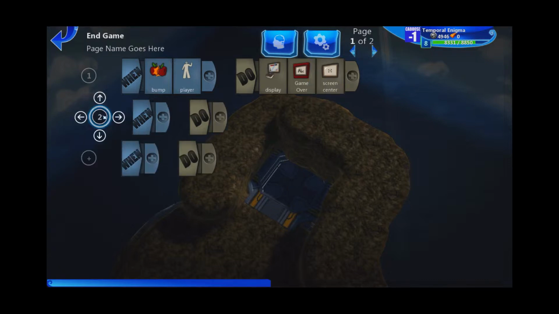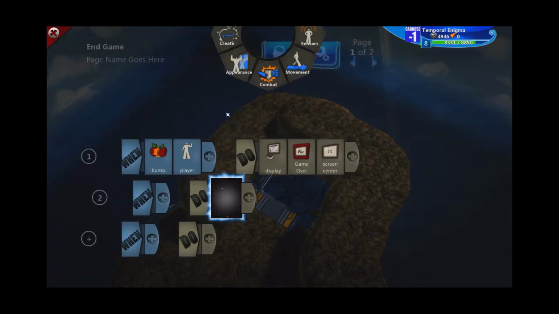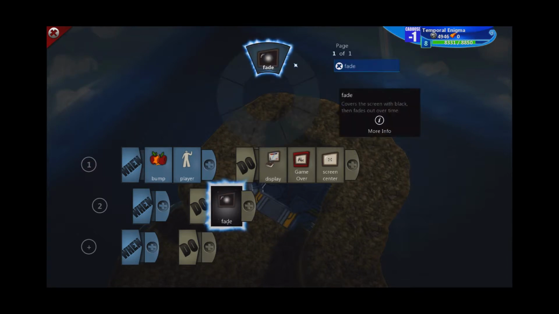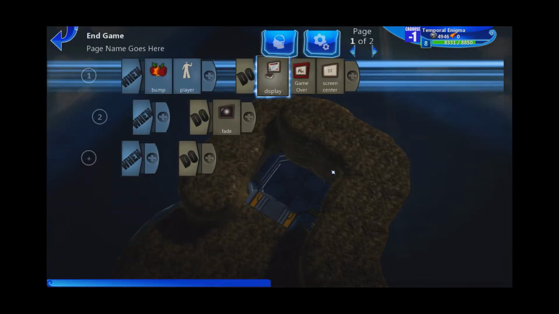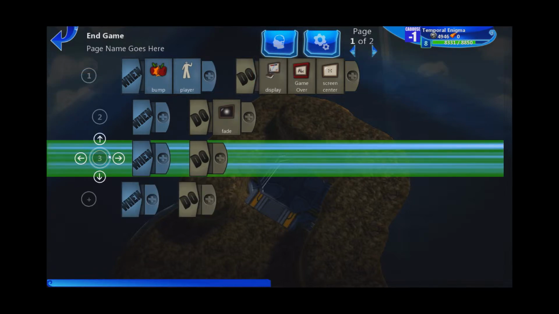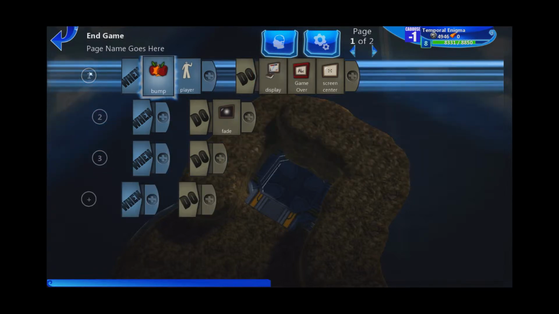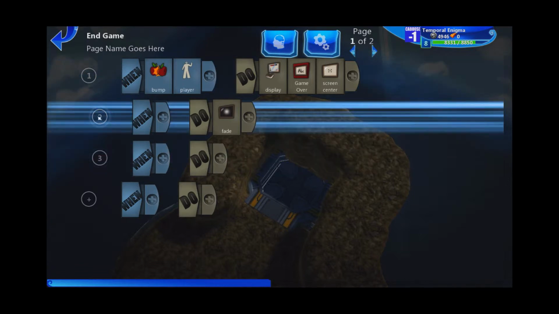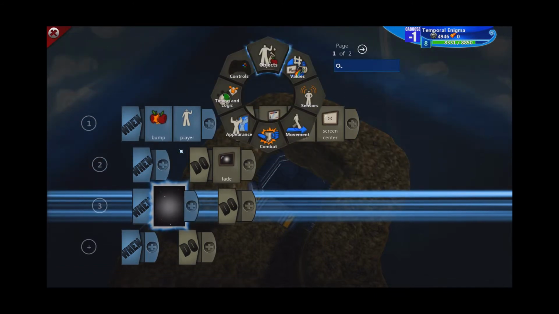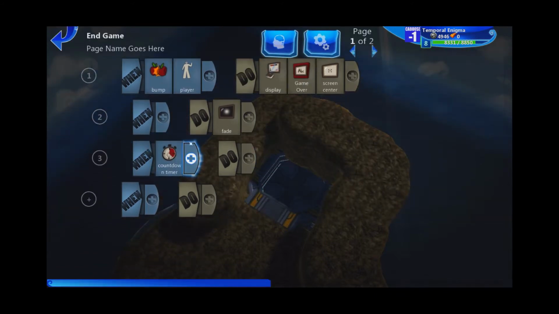Next, we're going to move this piece over, and what that means is this line will only run when the first line has run. And then what we're going to do is add a fade. So what that's going to do is it's going to fade to black. We're also going to move this line over. This line will run not after line 2, but it will also run at the same time as line 2, after line 1. When, countdown timer,